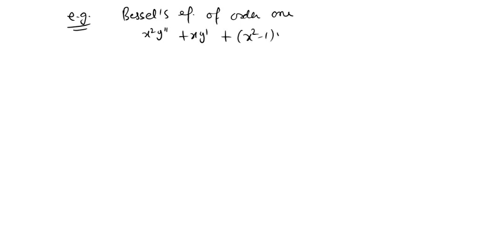So it says Bessel's equation of order 1. So this is a small problem. It says x square y double prime plus x y prime plus (x square minus 1) y equals 0. So p is 1 here. So the question is: